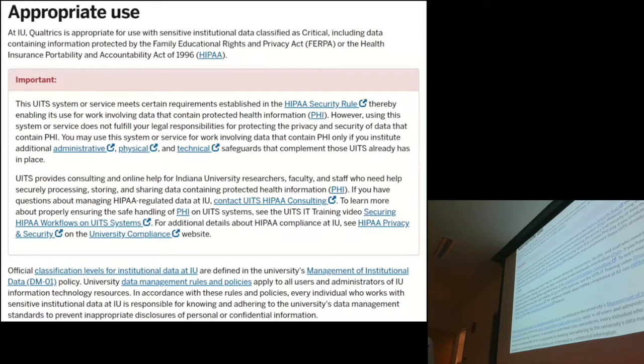But in terms of Qualtrics, at IU, Qualtrics is appropriate for use with sensitive institutional data classified as critical, including data containing information protected by the Family Education Rights and Privacy Act or the Health Insurance Portability and Accountability Act. So basically, this is your way of knowing that Qualtrics meets that level of data protection that is going to be sufficient for your